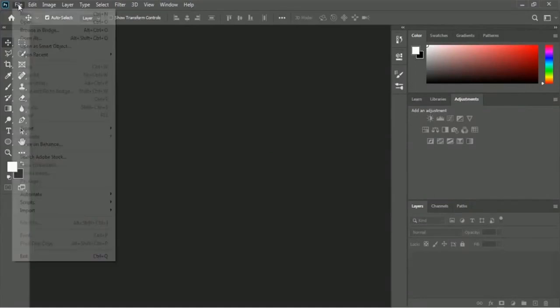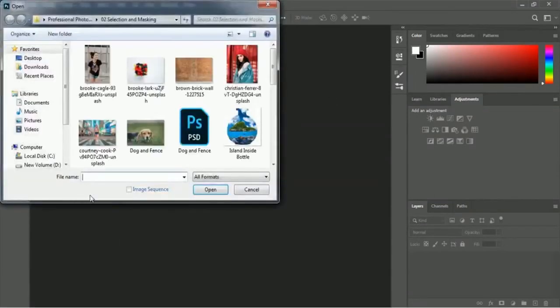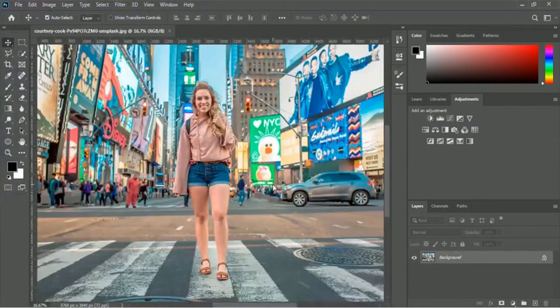And here is the file menu, and here is the open option. So inside our selection and masking folder, you will get this Courtney Cook unsplash image. You have to select this image and then click on open. So this is our image, and we will remove this entire background from here, and we will move this woman